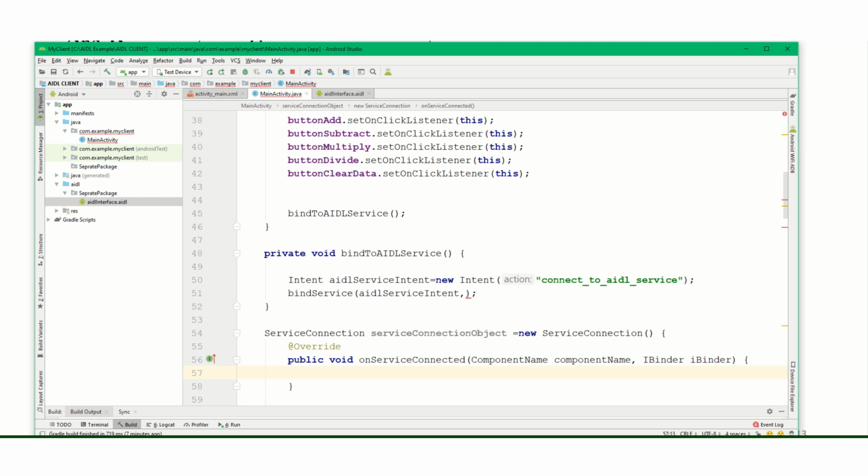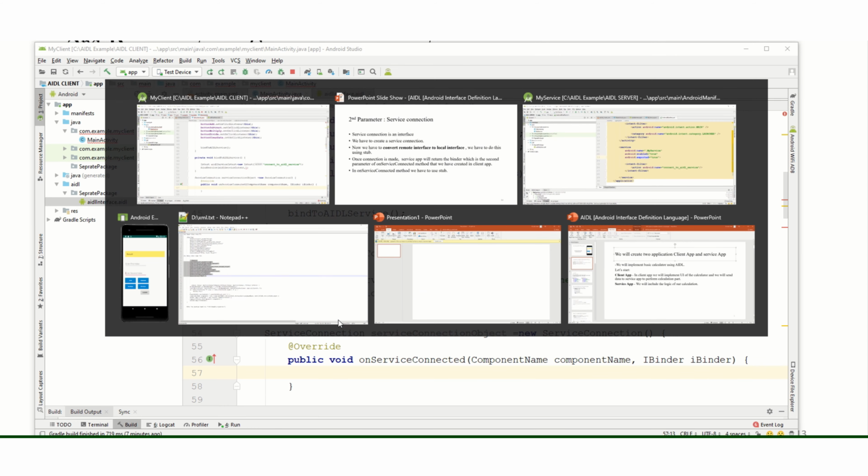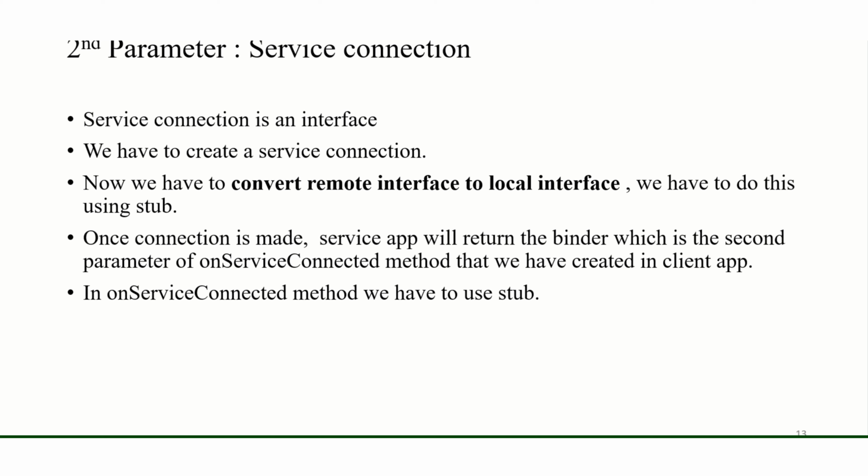And inside here, we have to create one stub. What is stub? Stub will create your remote interface to the local interface for communication purpose. Stub will convert our remote interface to local interface.